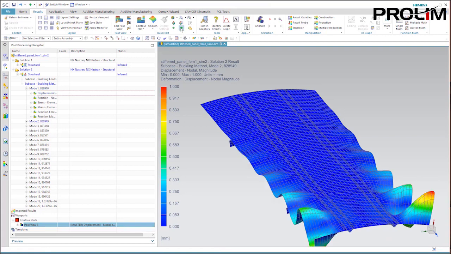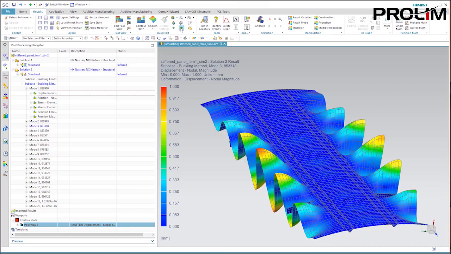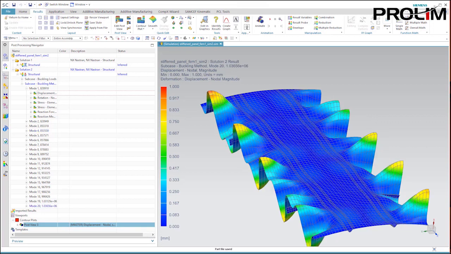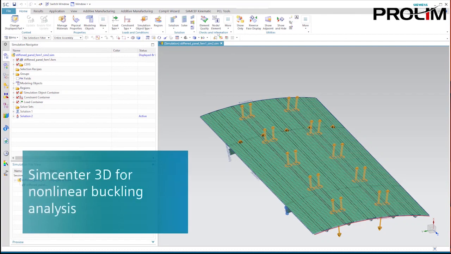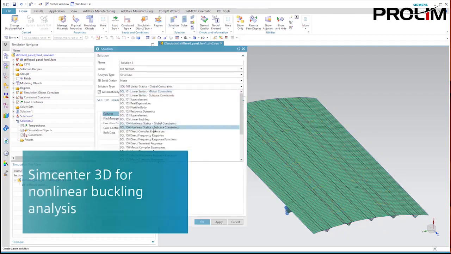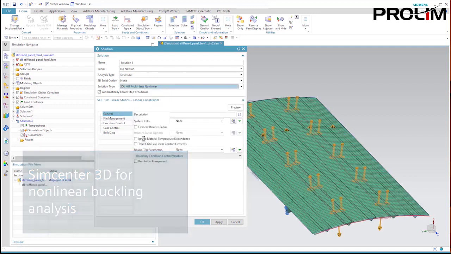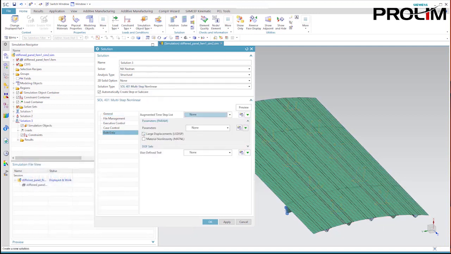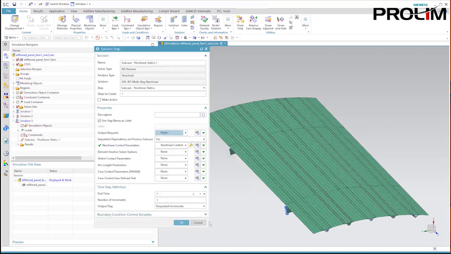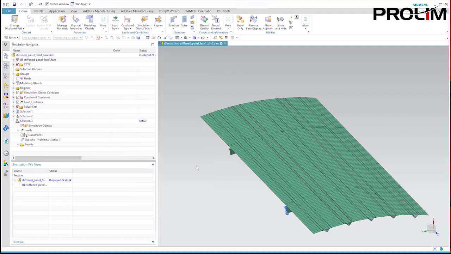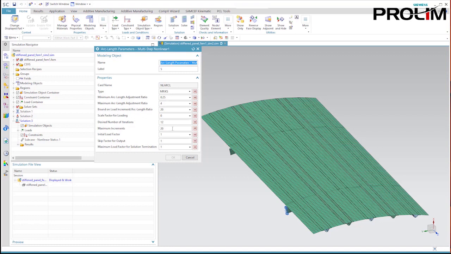However, only nonlinear analysis is capable of reproducing the whole buckling scenario and predicting the load-carrying capacities of the structure in the post-buckling configuration. So, let us now restart an analysis by selecting the Simcenter Nastran Solve 401, nonlinear multi-step solution of Simcenter 3D. Classical nonlinear solvers may experience numerical difficulties when calculating buckling scenarios due to instability and lack